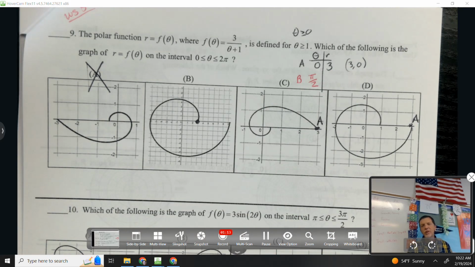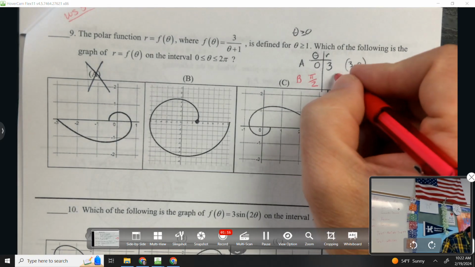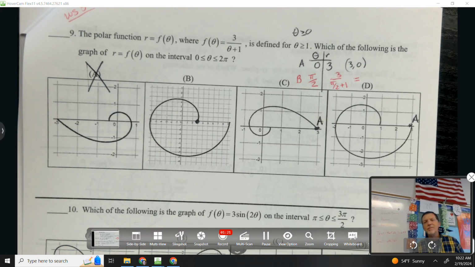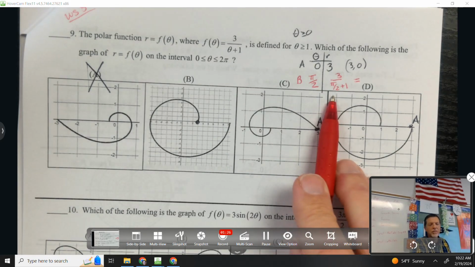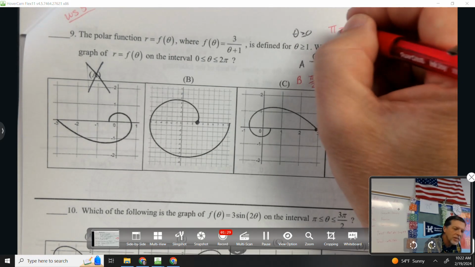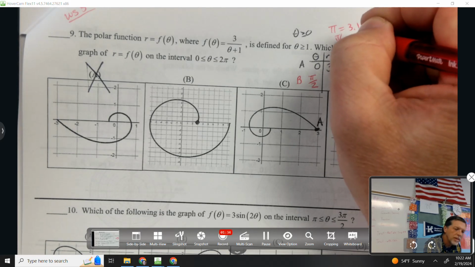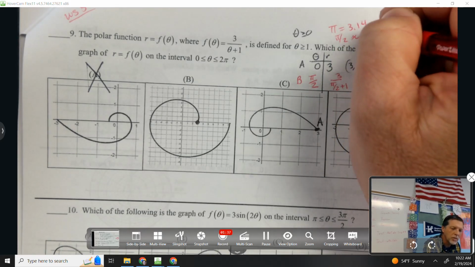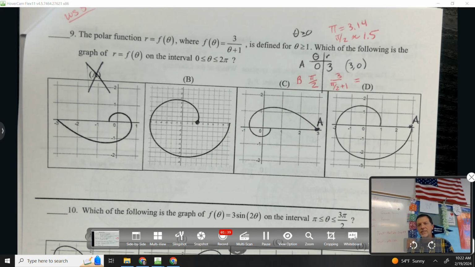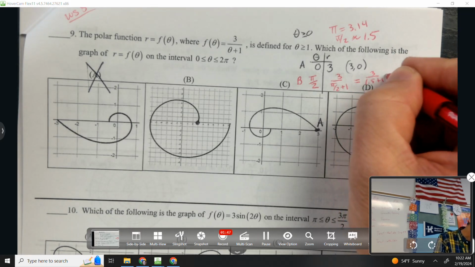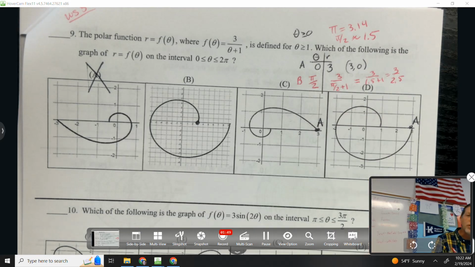Now the trick though is 3 over pi over 2 plus 1. What? I don't know what that is. So I need to get some decimal approximation for pi over 2. Well, pi is 3.14. So pi over 2, for this purpose, we can probably roughly call it 1.5 and be good enough. So 3 over 1.5 plus 1, 3 over 2.5